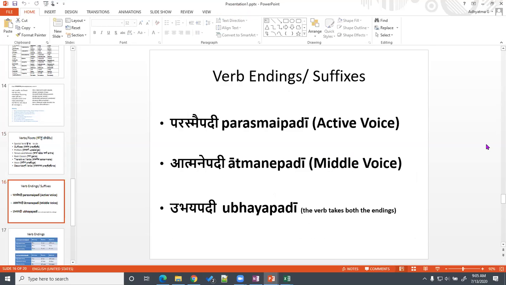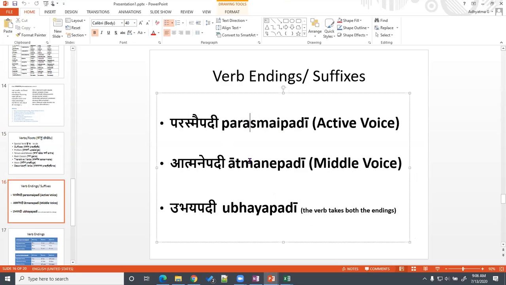So just to revise a little bit, there are three types of verb endings: Parasmaipadi, Atmanepadi, and Ubhayapadi. Ubhayapadi means that the verb takes both the endings. So actually there are only two types of endings, Parasmaipadi and Atmanepadi, and there are certain verbs which are Ubhayapadi, means they can take both types of endings. What does that mean is, when a verb is Parasmaipadi,